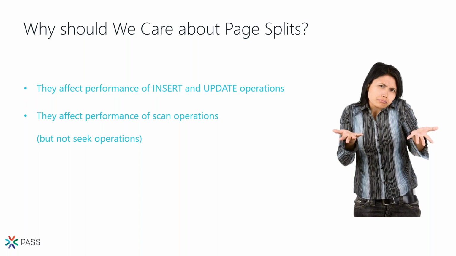But you should realize that it's only for scan operations. If we have a very optimized workload, and for all the queries that we run, we get seek operations on the index, then fragmentation and page splits might not be such a big deal in this case. If we have a very optimized seek operation and we are just searching for a single row, for example, then it's going to be very fast to locate. We start from the root page of the index and we go to the intermediate level and then to the leaf level page. We locate the specific page we need and that's it. So we don't really care about fragmentation in the leaf level.